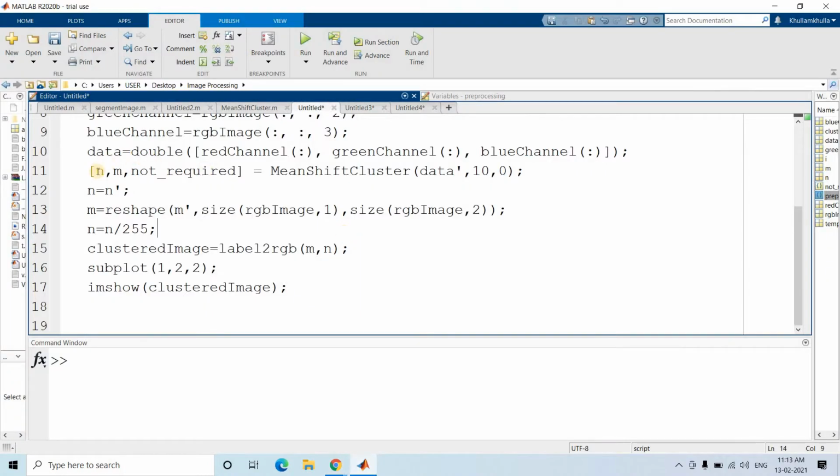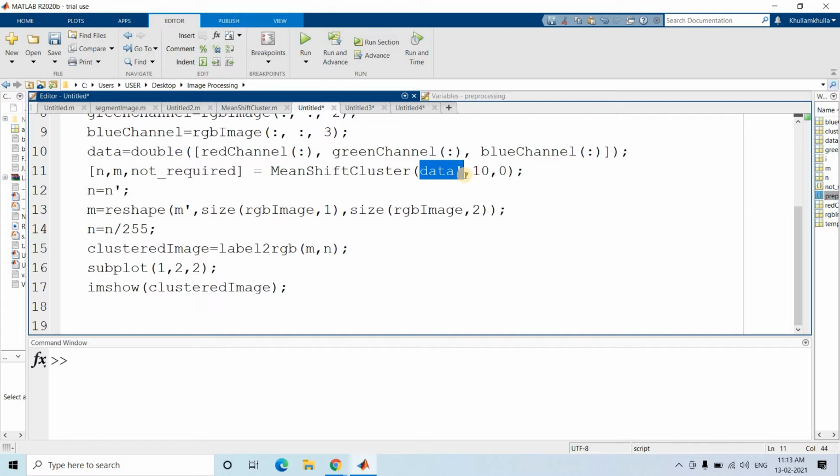Okay, cool. So here see how I have written the code. Mean shift cluster is the function. As you know, in this particular function we have to send the data in transpose order. Normally for applying any machine learning model, we consider individual columns as our input features, and rows as single data points.